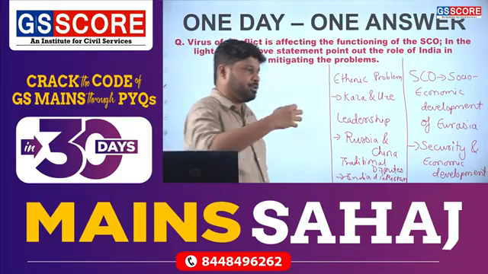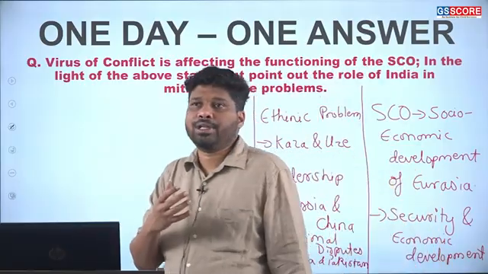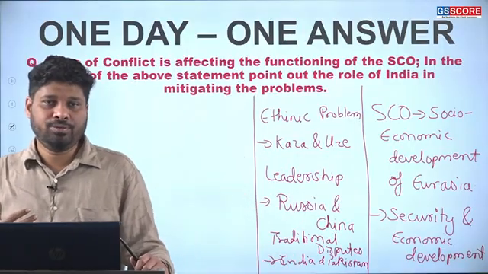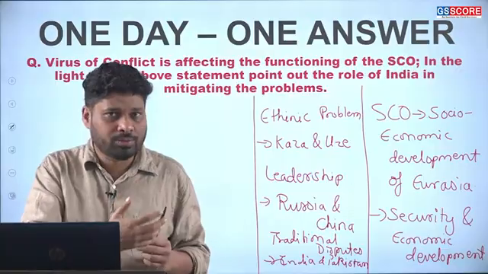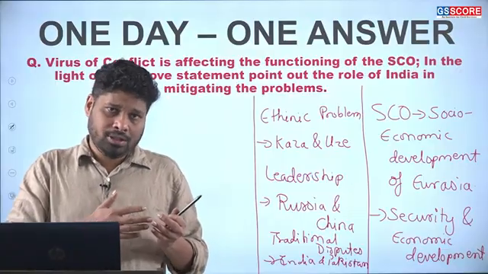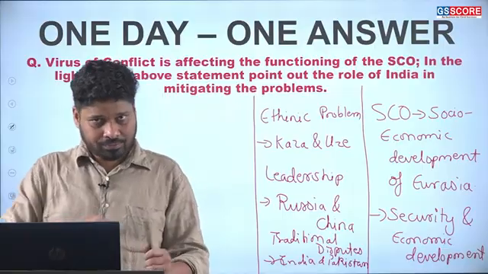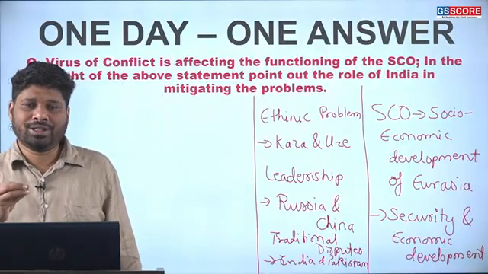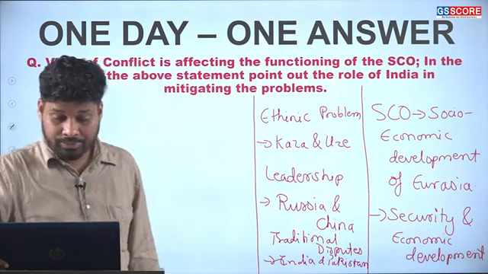Also, another dispute that is brewing up, and that is with respect to addition of new members. Okay, so China is oriented towards addition of new members. Other countries are not so much. For example, Turkey, for example, Saudi Arabia intend to be part of the Shanghai Cooperation Organization, but the mutual rivalries within the countries that are already the members, they are not letting new members come in.